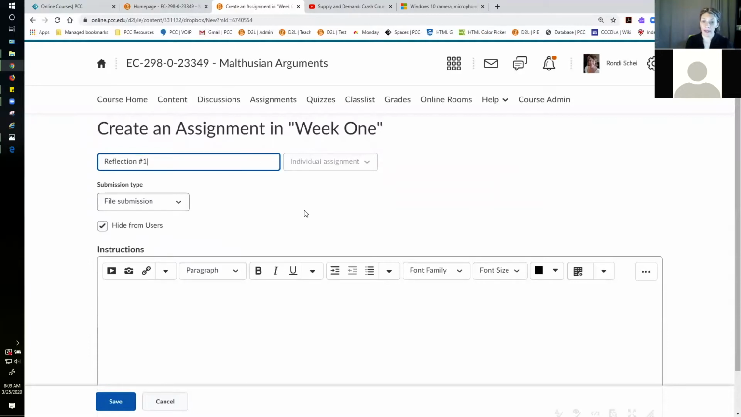And there's two main types of submissions to consider. And I think these are the two ones that you'll be most likely to use. And that's the file submission option, and then there's a text submission option. The on-paper submission and the observed in person